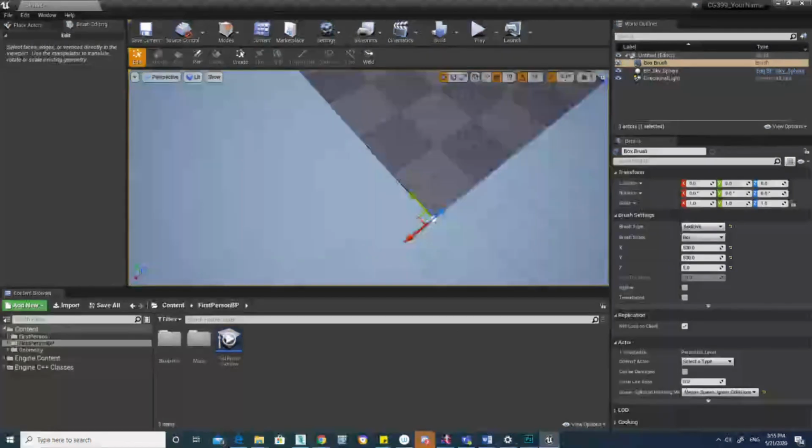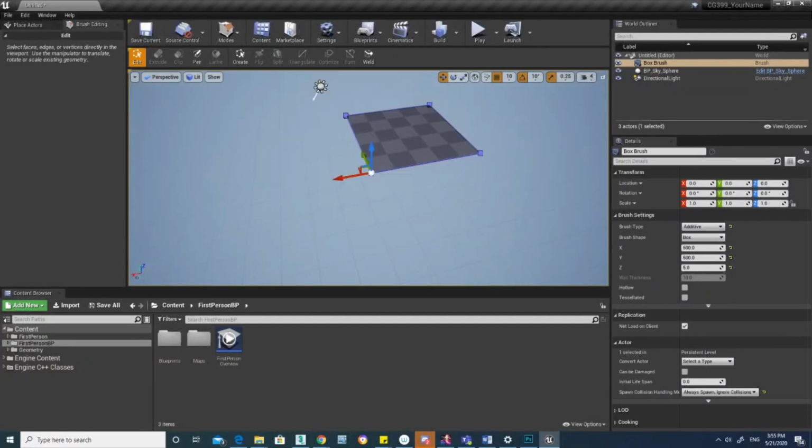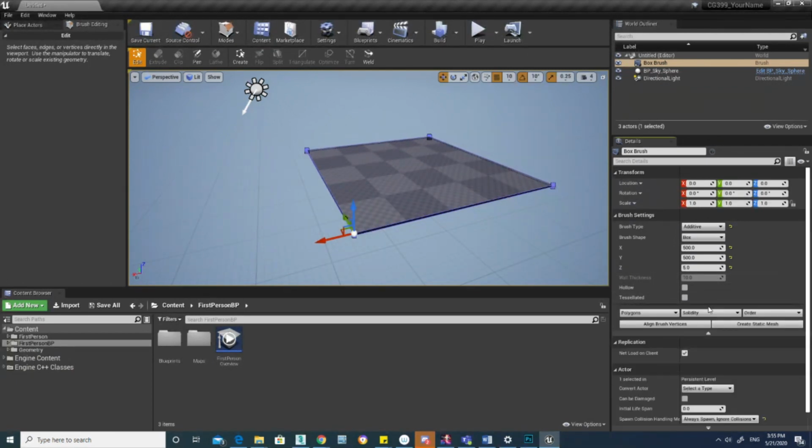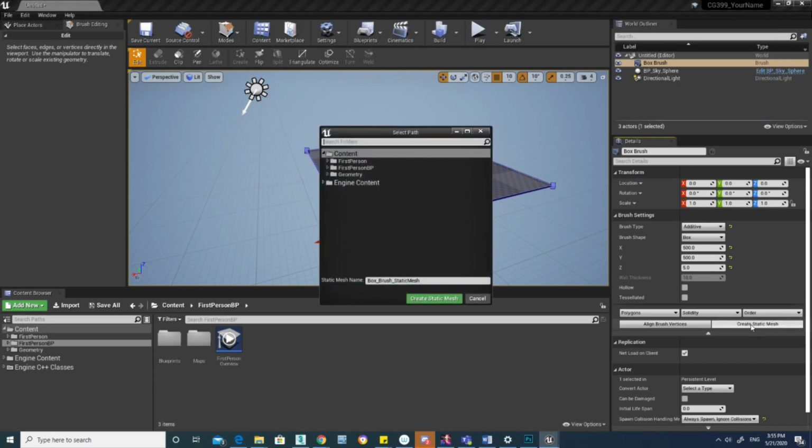So in order to create a mesh from this brush so that I can go to 3D Max and edit it and probably come back here again, I will need to make this into a mesh. So I will expand this brush setting and click on create static mesh. So to create static mesh, basically,